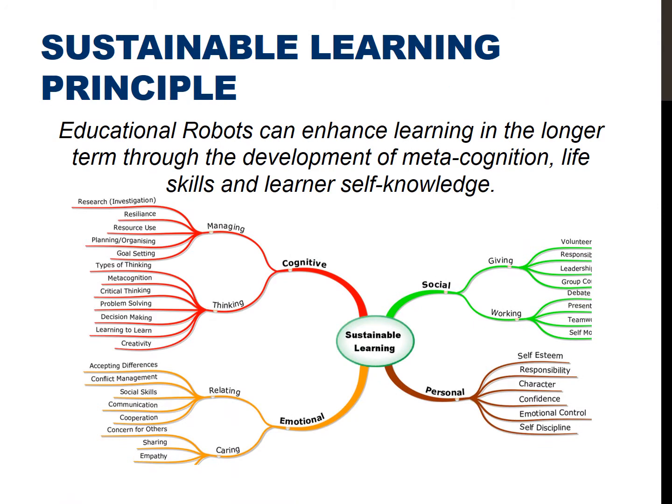I'm not going to try in this paper to explain the era principles, but just to give you a flavour, this is the sustainable learning principle, which is essentially saying that with educational robots, the students don't just learn content knowledge, it's a much more holistic process. They acquire skills through the way that they work with the robots. They acquire skills which are sustainable learning skills, also known as lifelong learning skills. And you see on this that we break them down into 4 essential areas: cognitive, social, emotional, and personal.